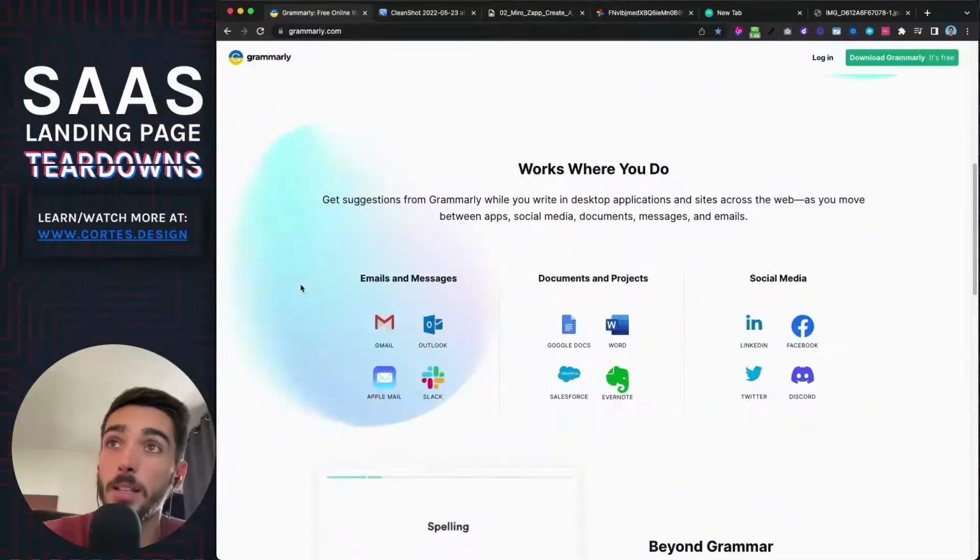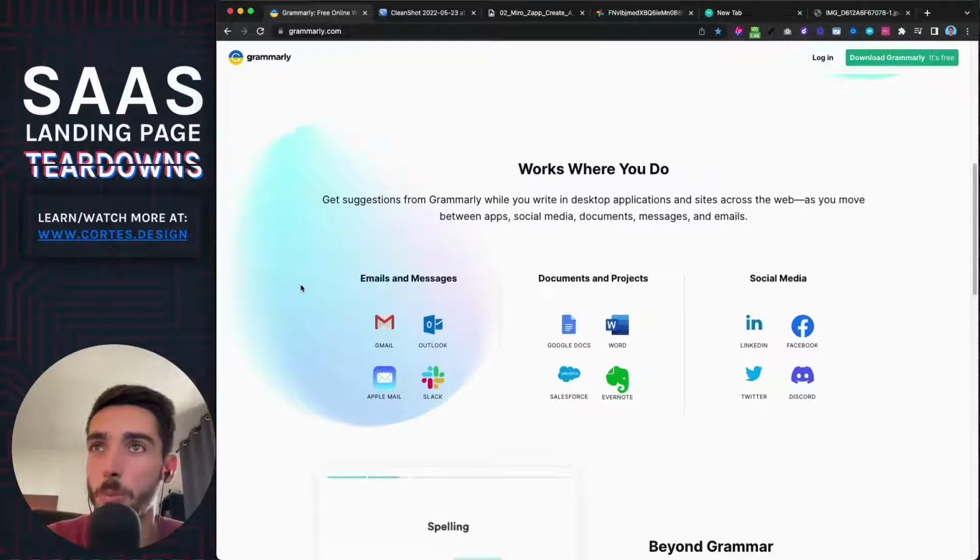And the seventh and the last thing that they do super well is they worked super hard to make sure that they work everywhere that we might want to use the tool, everywhere we write, basically, right? So let's say you want to use this for Gmail or Google Docs or something. They didn't limit the tool to just a Gmail plugin, right? They actually worked really hard to make sure that they work in as many places as possible. So from all the major emails and messages, clients, from documents to social media and stuff like that,